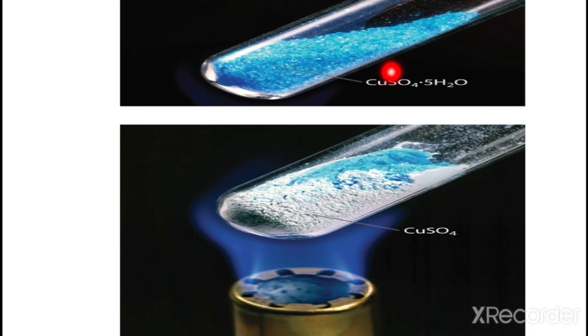In some chemical reactions, the color of the reactant is changed. Here you can see copper 2 sulfate pentahydrate, heated at 260 degrees Celsius. It is a blue crystalline solid. When we give heat to it, the copper 2 sulfate pentahydrate becomes copper sulfate plus water vapor. The copper sulfate is white and powdery, and water vapor is also a byproduct. That means the color of the reactant is converted in the product: the reactant is blue and the product is white.